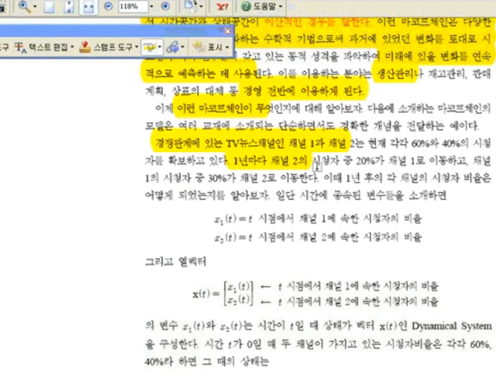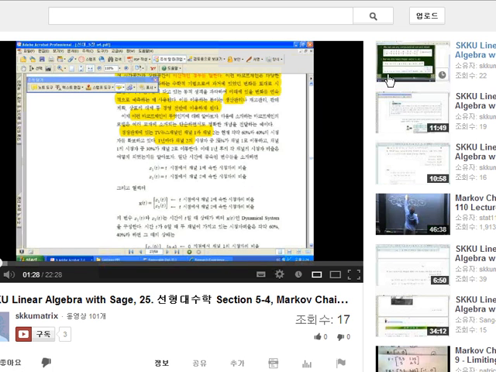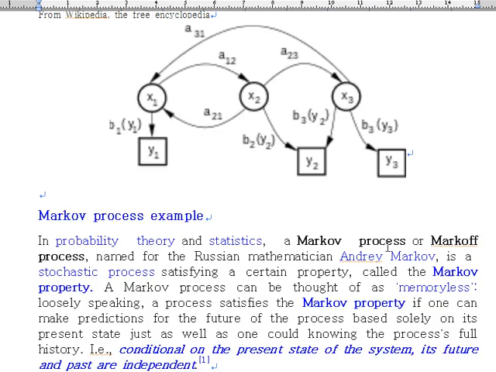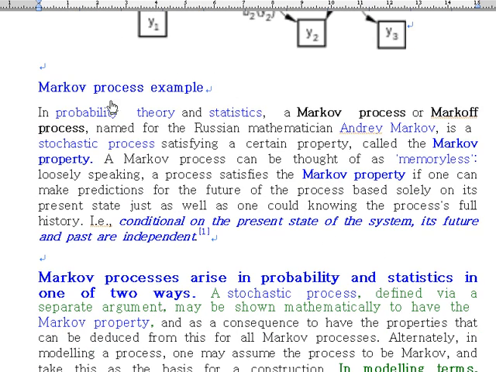Okay, but so you will hear what I talked about. And also, here's the information on the Markov processes, and that I may explain that. Here's the example of Markov process. Markov process was